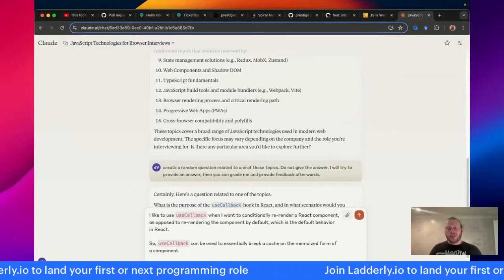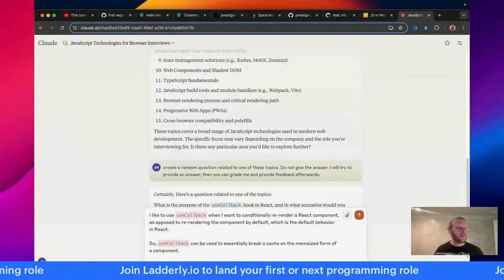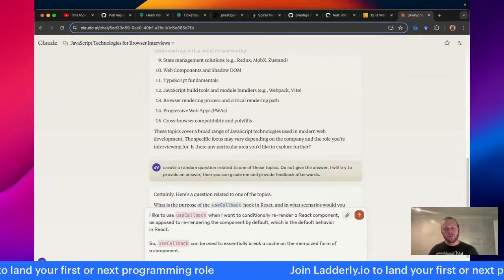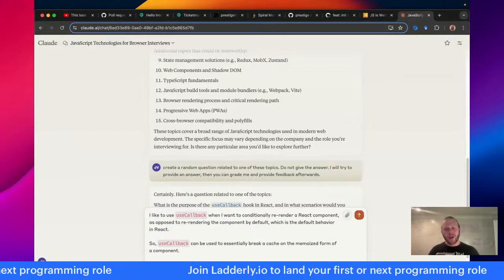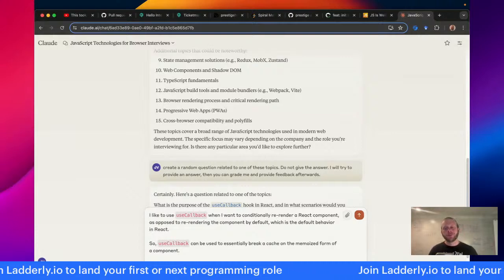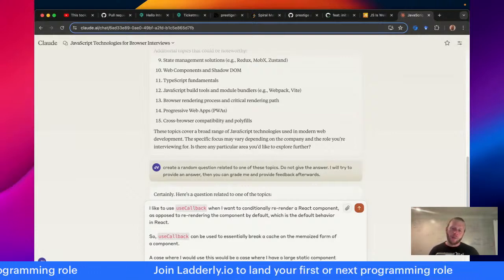A case where I would use this would be if I have a large, static component that does not frequently change,